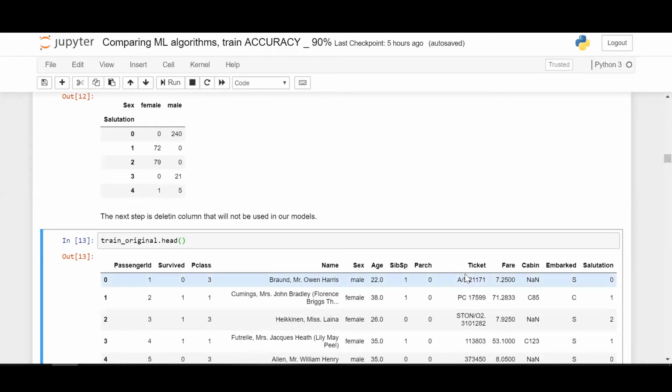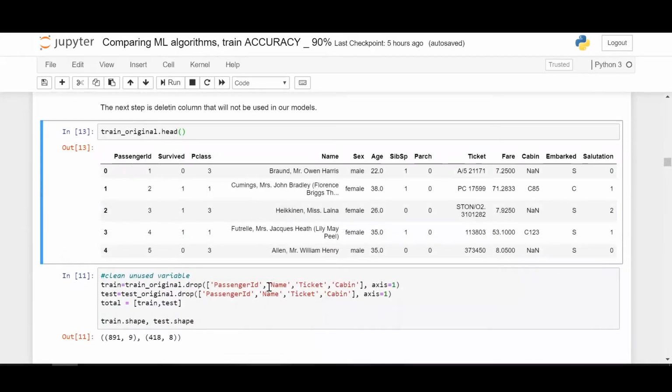So that's one generalization. And ticket can be removed because these type of numbers make no sense at all. Similarly, passenger ID, name, ID, and ticket have been removed. Cabin, because this one involves extensive treatment of NaN values, which you have done previously. And in this one, we're just illustrating the use of ML algorithms and dropped cabin also.